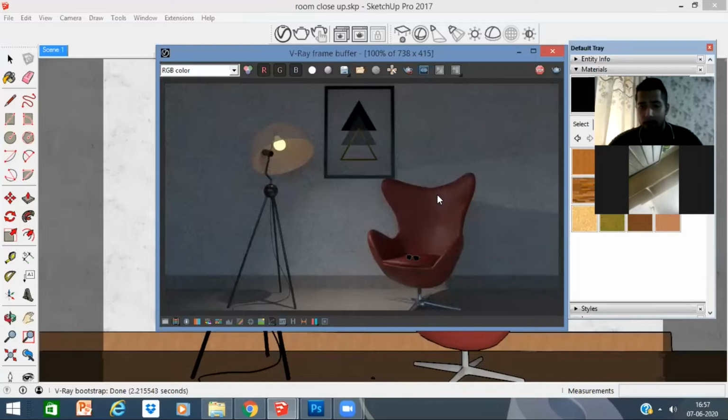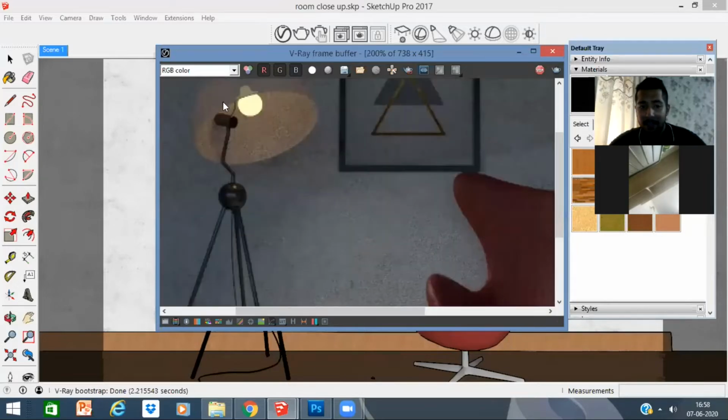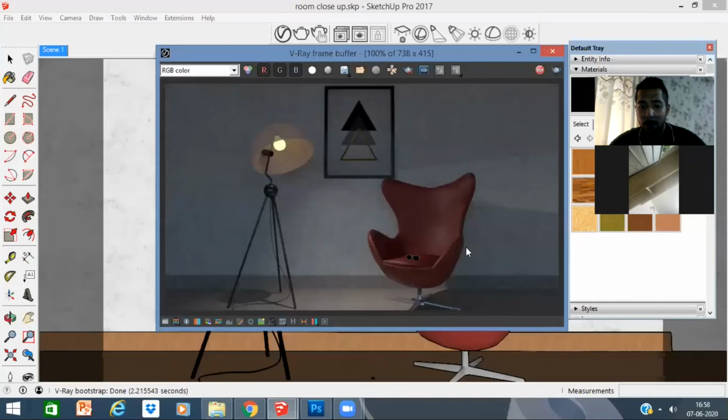So I'm just going to stop this render. I hope all of you are understanding the kind of level that we'll be creating. You can see this, if it renders, it will come out very realistic, but then we will do editing in post-production to get that even finer touch to it, which we'll be covering in V-Ray. Just a little bit of post-production will be covered in V-Ray as well, on how to fine-tune your views itself.